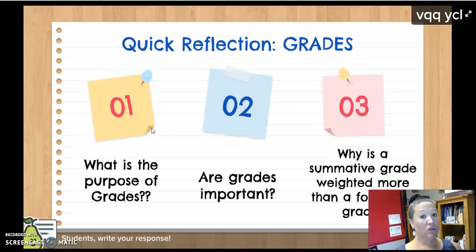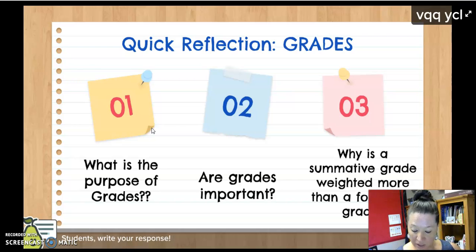If we've got a student who's failing all the formative grades, why are they failing? And we need to make sure that we're reaching out to them and saying, is there something that you don't understand? Is there something that I can help you with? What do I need to clarify for you so that you can understand this and get this and learn this?